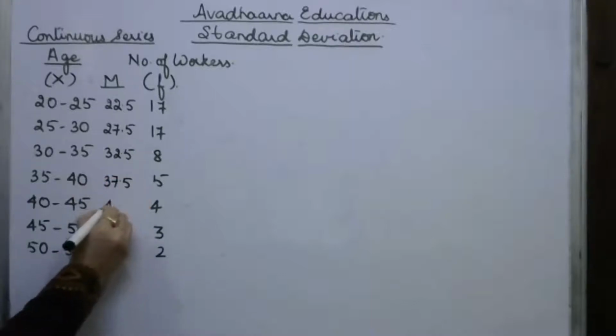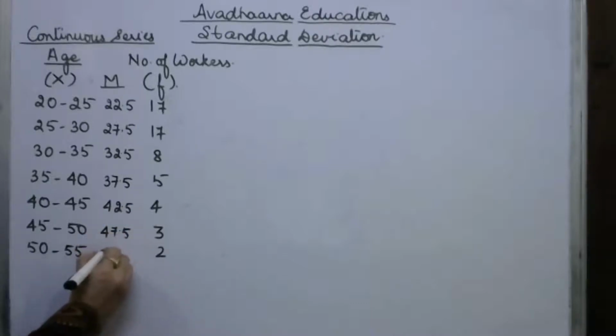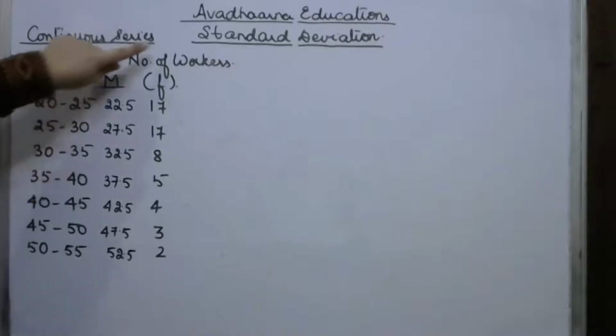37.5, 42.5, 47.5 and then 52.5. Now it would be better that if we calculate, see we have to calculate the standard deviation by